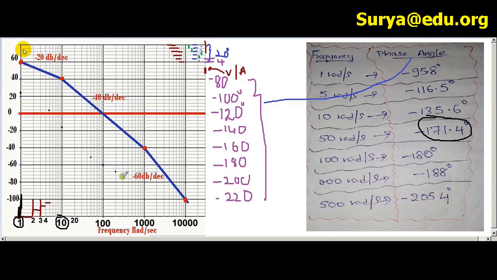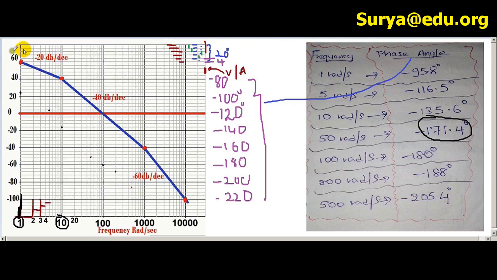So the last one, 500 radians per second, 205.4. So this vertical line is 100, 200, 300, 400, 500. So this is the 500 line, no problem. Now we know this is 200, this is 204, this is 208. That means 205, the required value, comes a little bit before that. If you go to the 208 line, it will be a little wrong. So we have to go a little before that. Let's mark it somewhere here, right? Here approximately it will be 205.